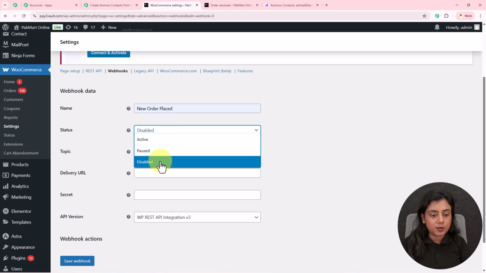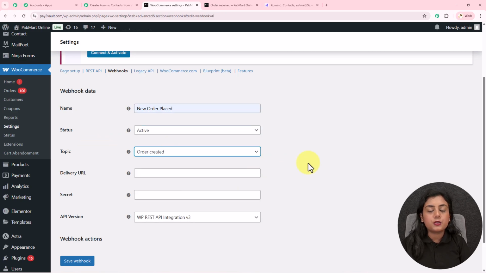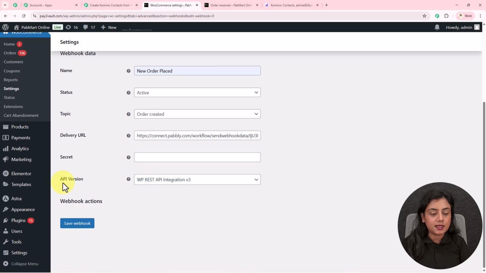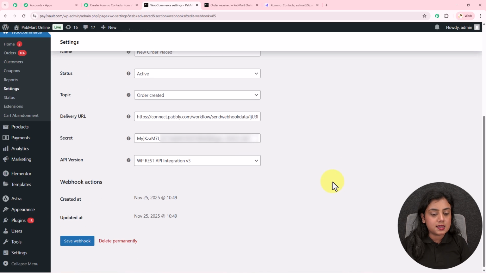Okay, status is going to be active for this webhook. Topic is going to be what? Order creation, as I want to send the response of the order being created. Delivery URL, paste the webhook URL. You can enter the secret if you want, select the latest API version and click on the save button. Okay, and as soon as you do that, you will see it says webhook updated successfully